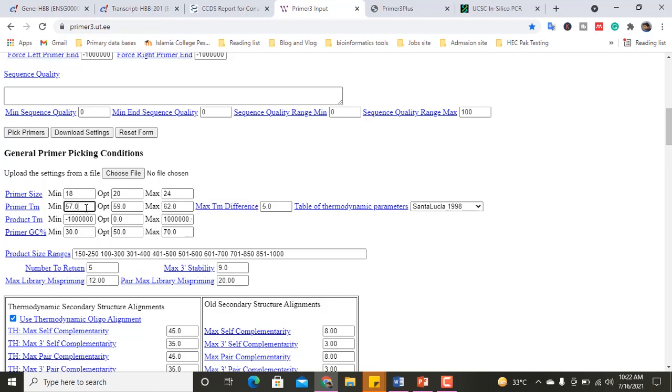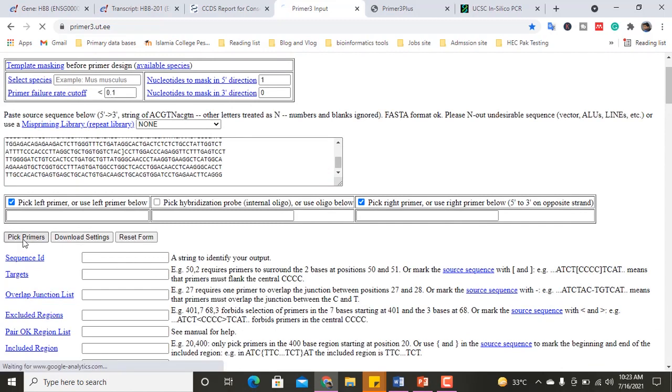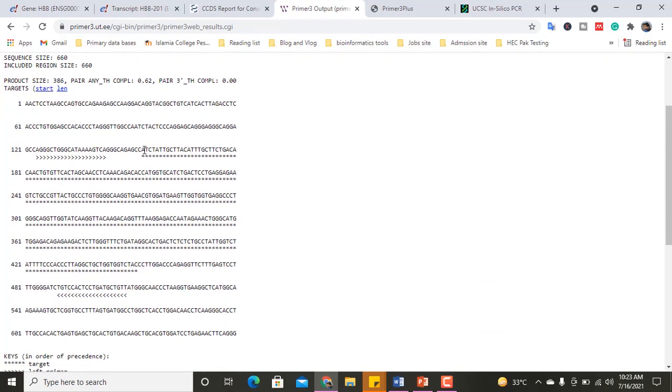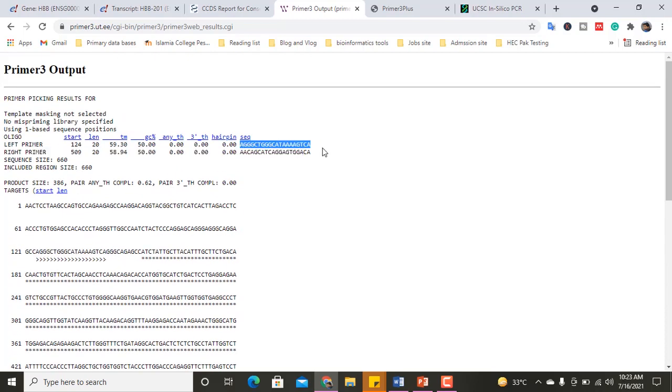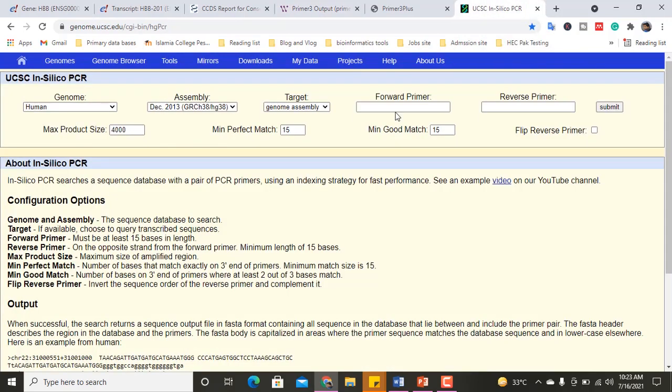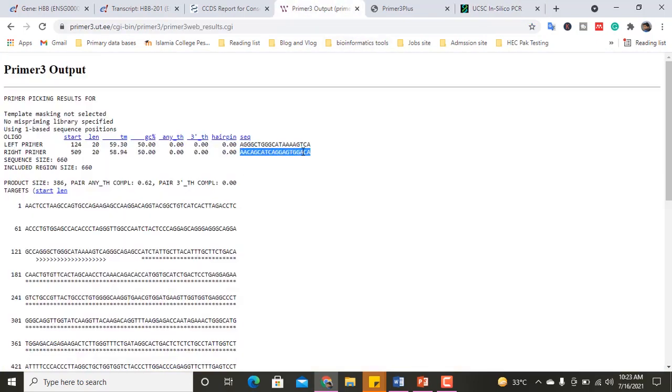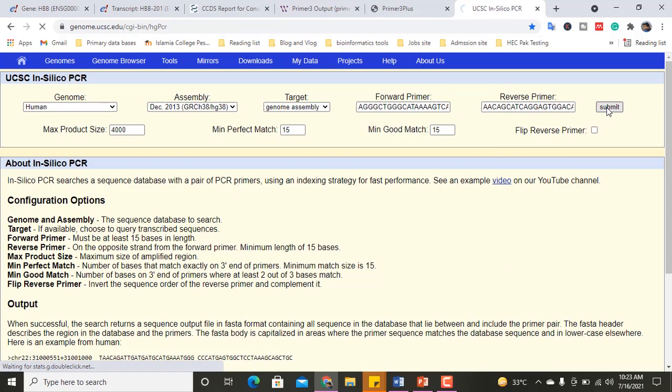Primer 3 Plus. Note that your target region should not be more than 500 to 1000 base pairs. You will check in the Word numbering how many bases your desired region has. Then copy that region and paste it into Primer 3 Plus. And in Primer 3 Plus you can change the Tm, annealing temperature and primer size, and just pick the primer, and